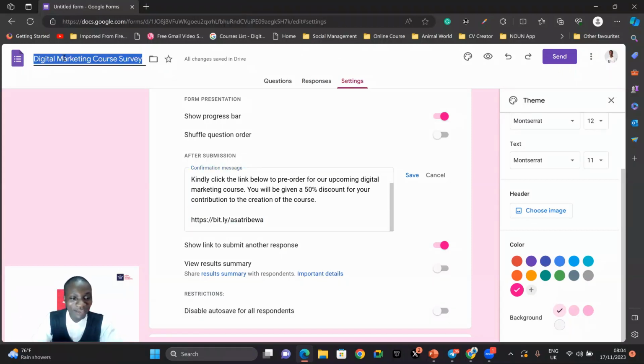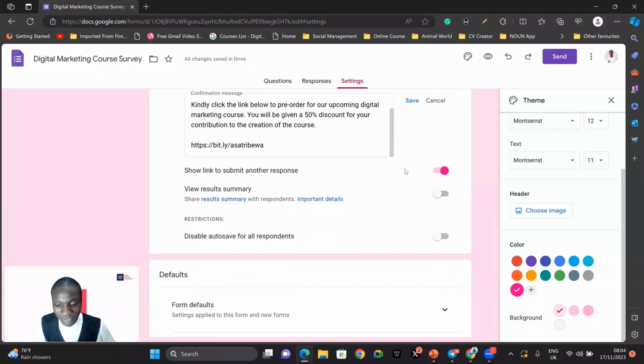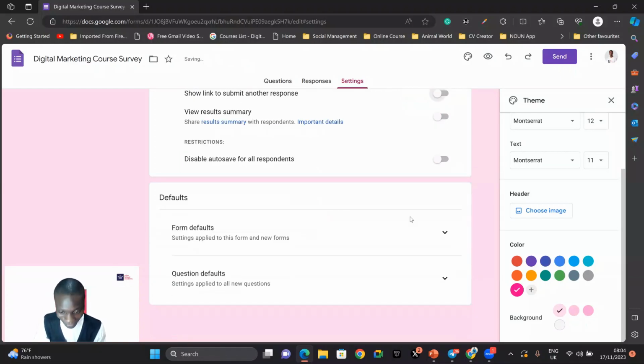Then at the top here, as soon as you click it, the title will be the title of the form. All right. So you can show link to submit another response, but if you want to limit response to one time, you can remove the link. Okay.